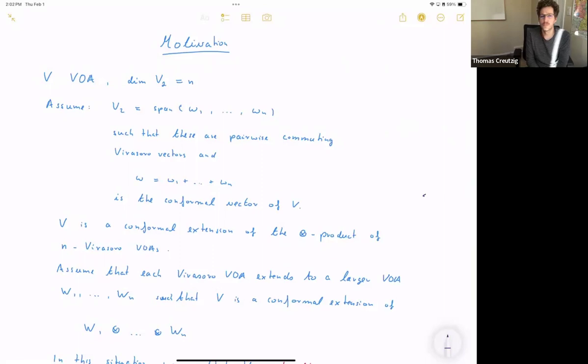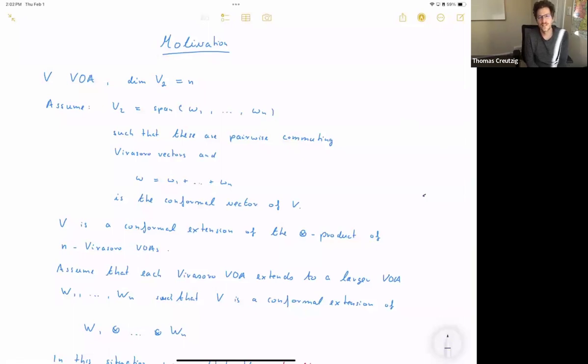W algebras, in fact, give you a huge zoo of VOAs, namely because W algebras are parameterized, of course, by the Lie algebra, a choice of level, and a choice of nilpotent element. And we would like to get a better feeling for what this zoo of W algebras looks like.